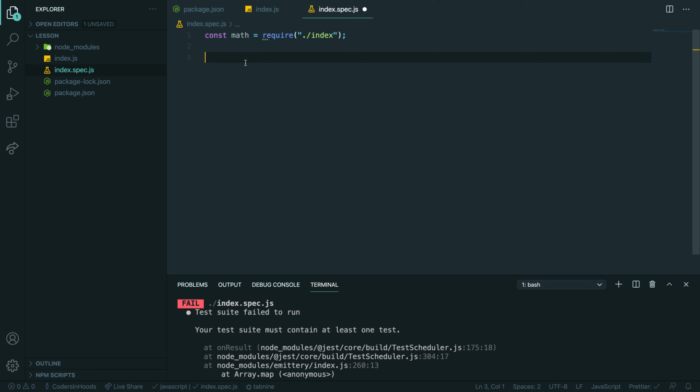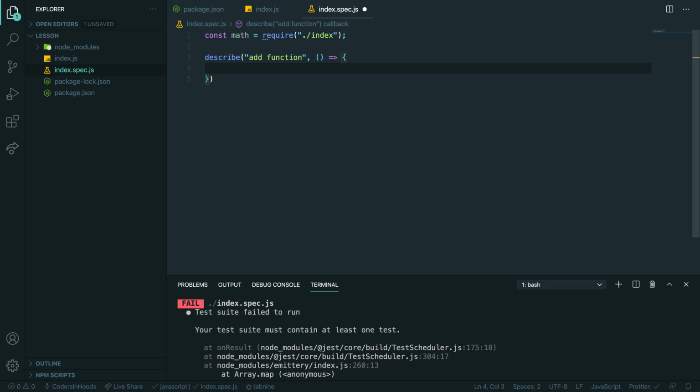So what I want to do is describe, and let's call it add function. It takes two parameters. The first parameter is the name of the set, and the second is the callback function.